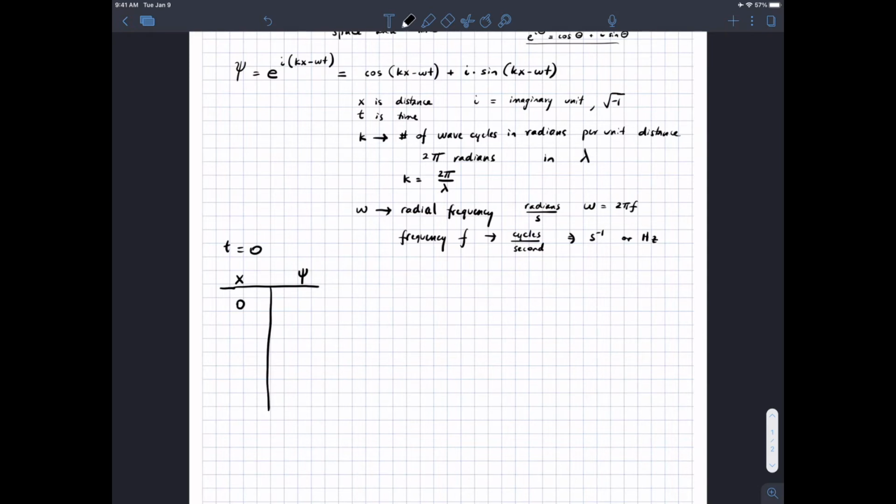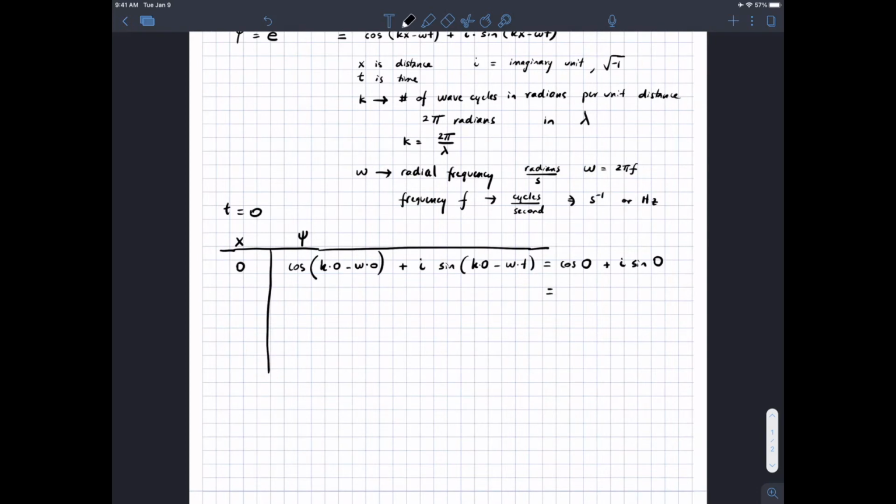All right, so cosine of k times 0 minus omega times 0 plus i sine k times 0 minus omega times 0. Well, what does that equal? Cosine of 0 plus i sine 0. The cosine of 0 is 1. The sine of 0 is 0, so you end up with 1 plus 0 times i, which just equals 1. All right,